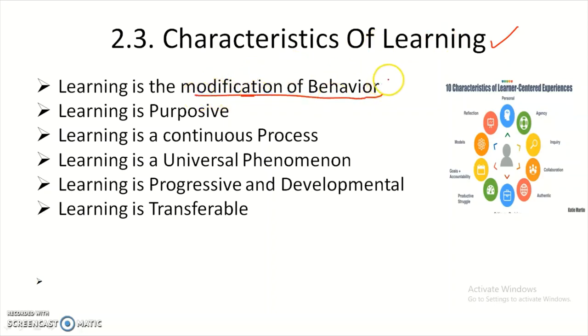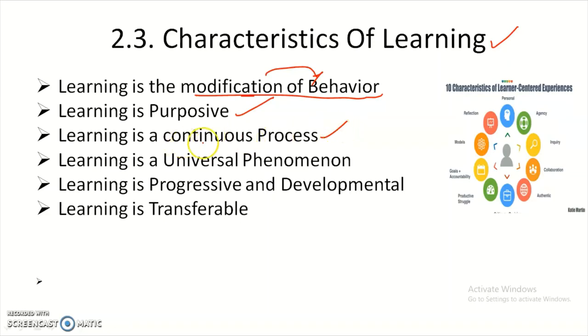So if you read some mythological books or some religious books or some speeches from well-succeeded people, it may change our behavior, right? That means we are going to learn something from those people and from our role models, right? And learning is purposive. Definitely, it must have some purpose, and it is a continuous process. So definitely, until the end of our life, we have to learn something.